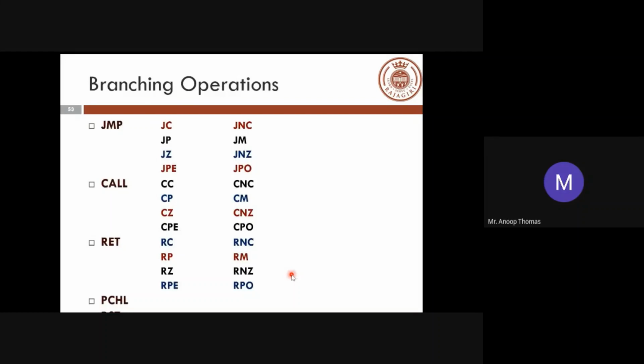Branching operations imply that this is going to change the program counter value. We are moving from one point to a different point. In programming, moving from one point to a different point implies changing the program counter value, and it is basically equivalent to an if statement or a jump. Here it's a jump statement. It moves to a different location where you will execute a different set of instructions, based on a particular condition or not.